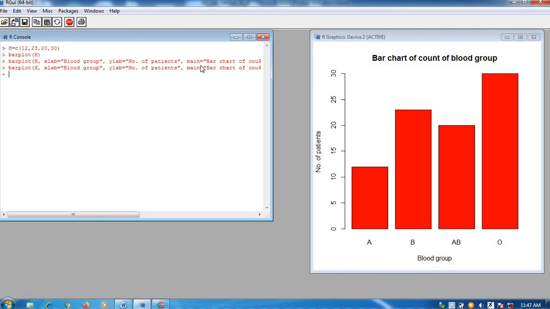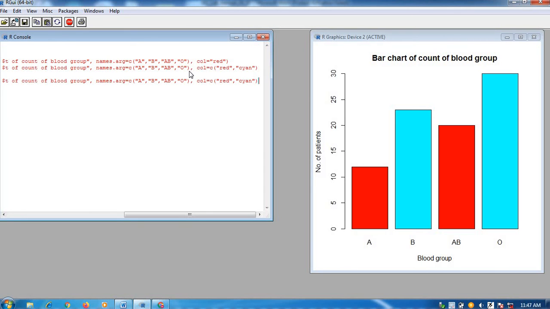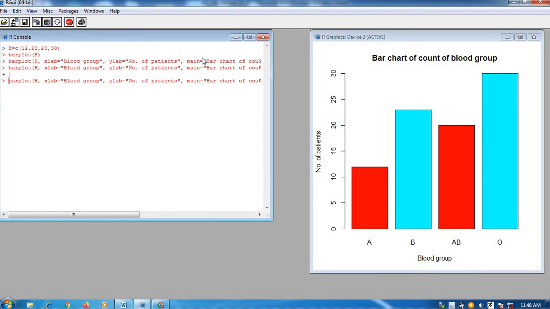Okay, let us check what happened. Now see what has happened. I have provided only two colors, so alternate bars are represented in those colors. If you want to give different colors to each bar, then you can add that number of colors for the bars. So I hope you have understood. Now again, you can find more parameters by going to the help, so that you can decorate it more. Okay, so I hope you have understood it.